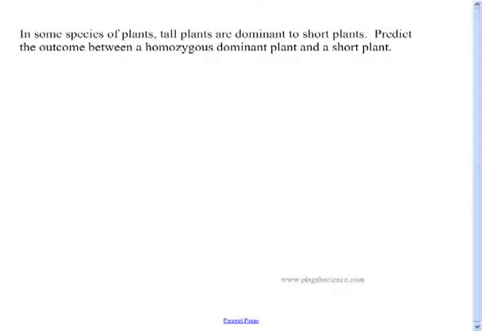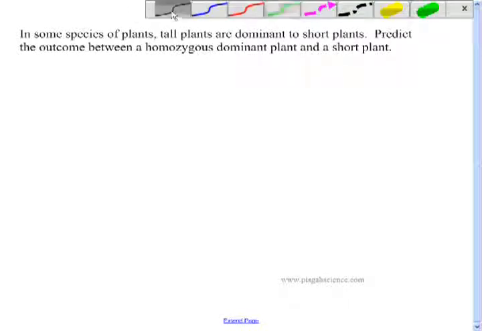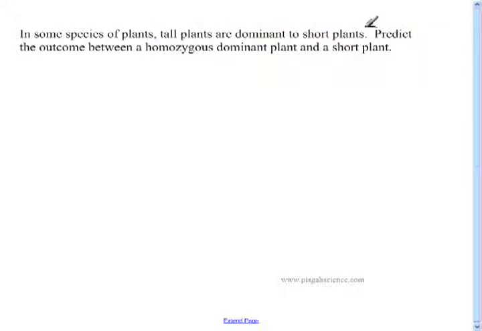Here's a typical problem that you'd come across when you're doing genetics. It says, in some species of plants, tall plants are dominant to short plants. This first sentence kind of sets up the problem for us. It tells us what's dominant, what's recessive. You need to pay attention to that. The problem actually starts here. Predict the outcome between a homozygous dominant plant and a short plant. Homozygous, remember, means same. Dominant means capital letters. So we've got one plant that looks like this,